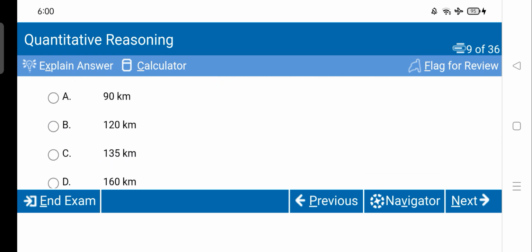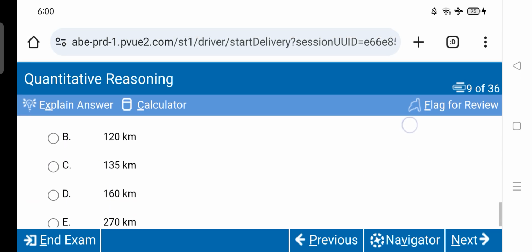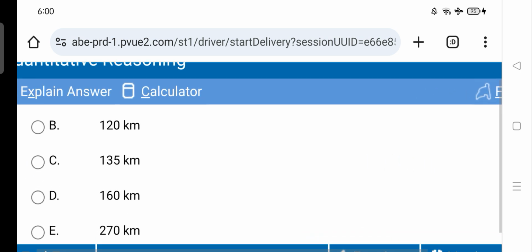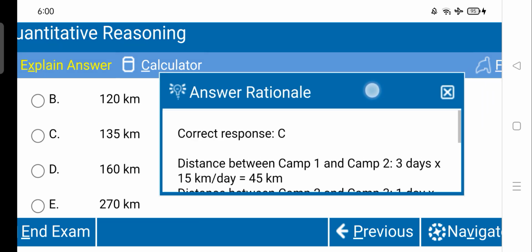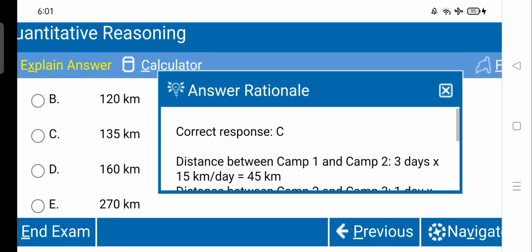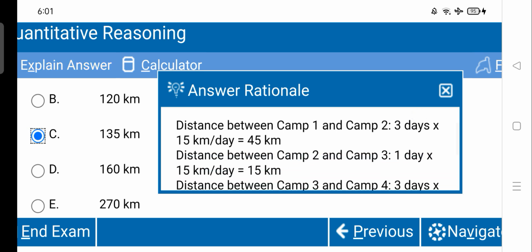Option A, 90 km; option B, 120 km; option C, 135 km; option D, 160 km; option E, 270 kilometers. So the correct response we have is option C. That is, distance between camp 1 and camp 2